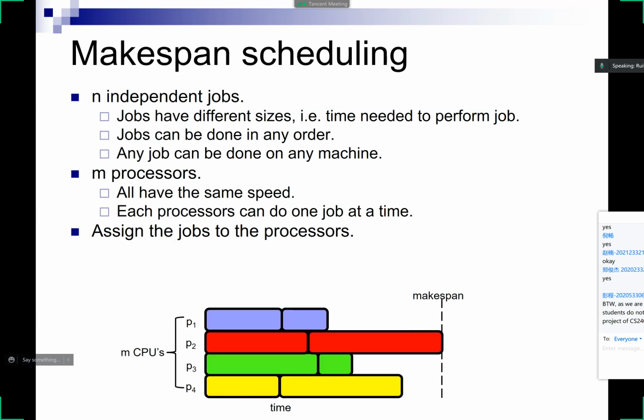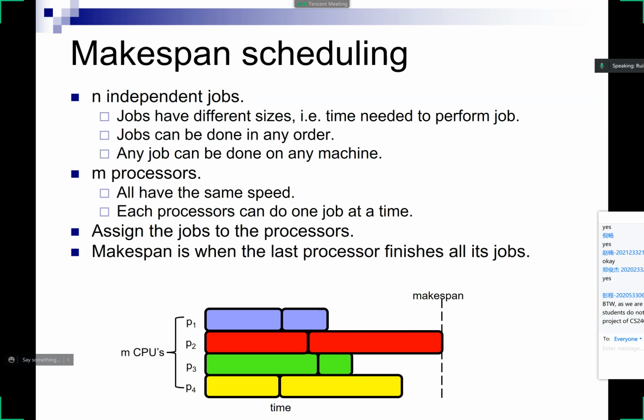And now our task is to assign these n jobs to the m processors. And when you do that, we want to minimize the makespan. So the makespan is when the final processor finishes all of its jobs, and you just want to minimize that. So for example, if you have these 8 jobs over here, and let's say that you have